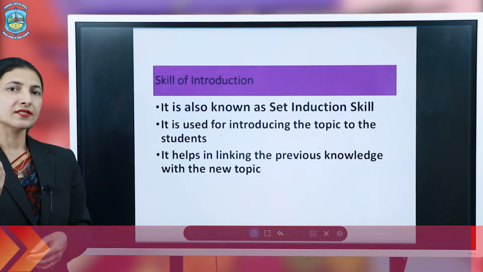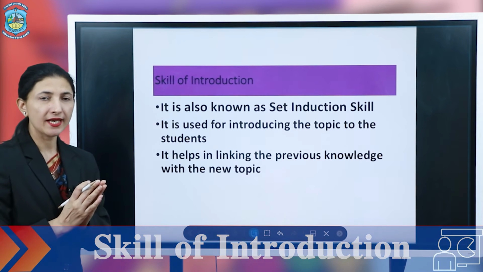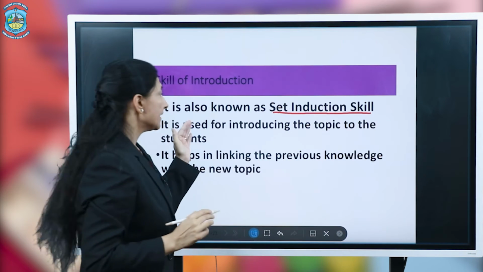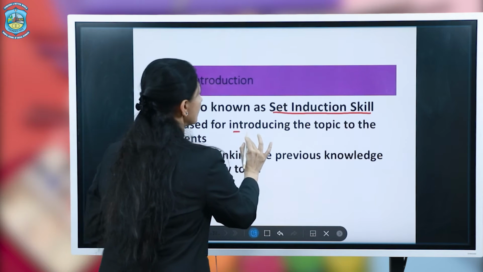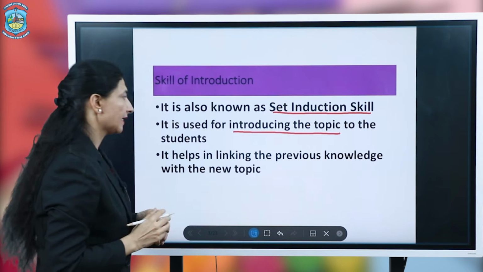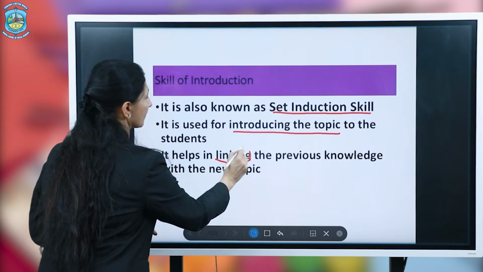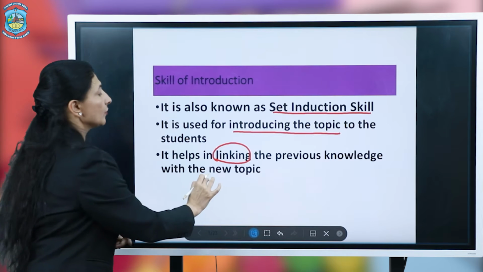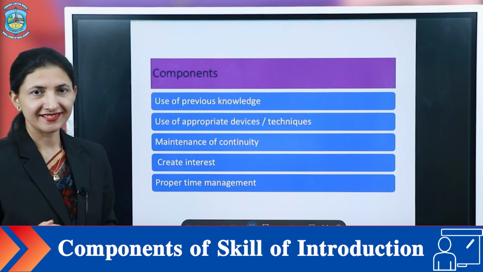Now let's know what the skill of introduction is. It is also known as set induction skill. It is used for introducing the topic to the students. It helps in linking the previous knowledge with the new topic. So let's know about the components of the skill of introduction.